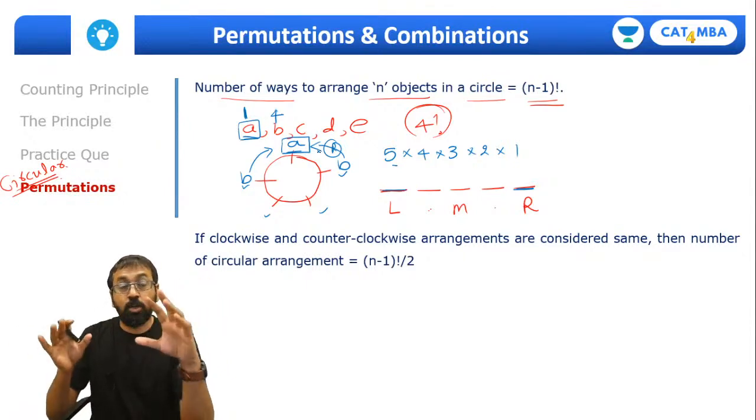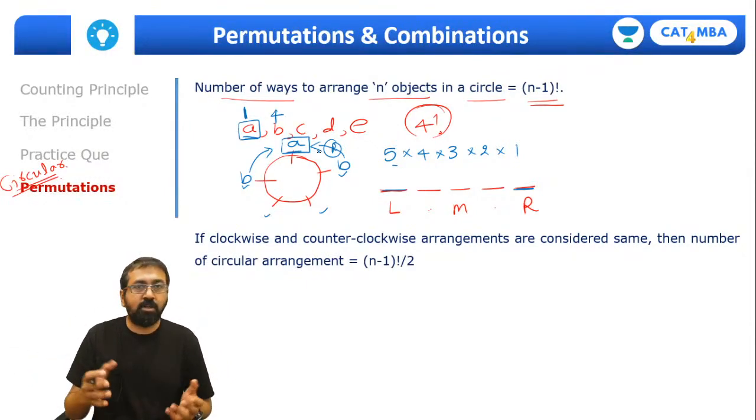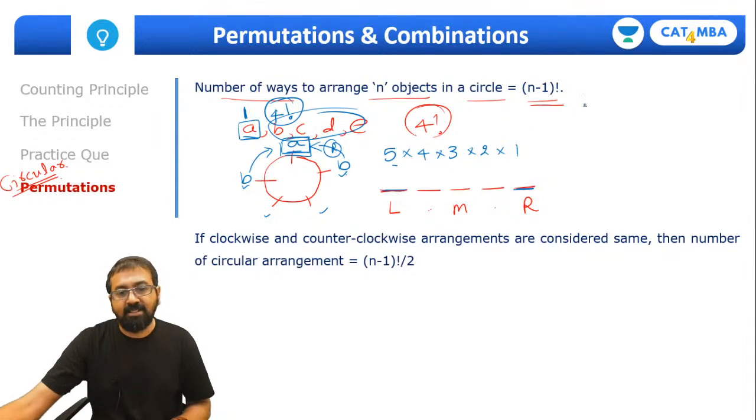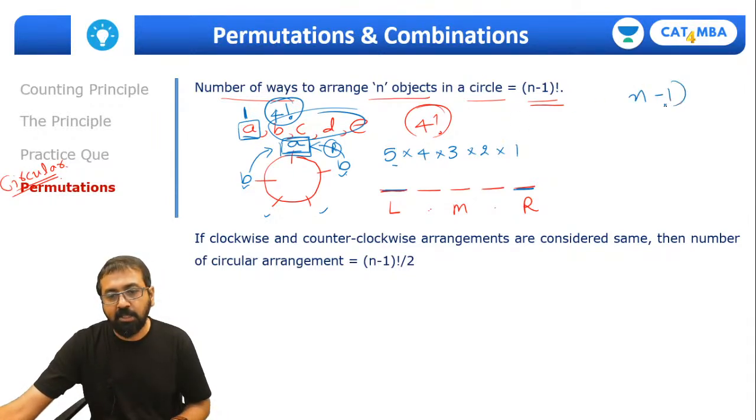So one is always cautious about who is on my left or right, who is notorious. So it's A. Here A is sitting on the right hand side of B. Here A is sitting on the left hand side of B. And that's why once you have fixed the position of one person, all the other chairs are different. So the remaining 4 people can be arranged in 4 factorial ways. And that's why in general, n people can be arranged in n minus 1 factorial ways.